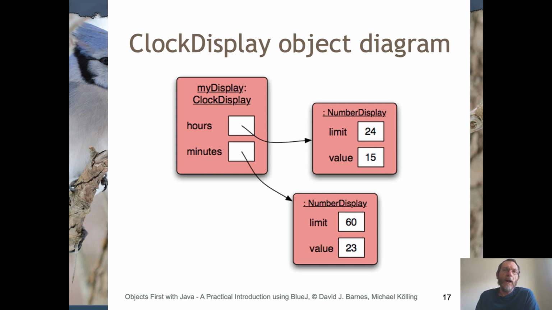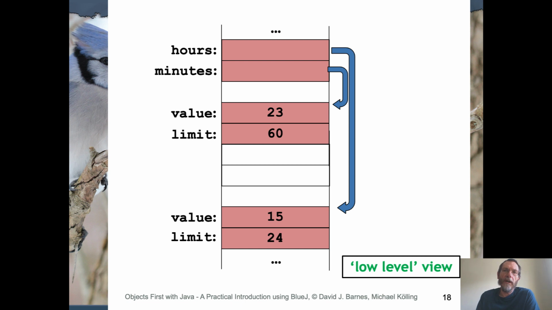Now, you might wonder how this maps into the underlying memory of the computer at runtime, and the next slide attempts to visualize that a little bit for you. Don't worry too much if this particular imagery doesn't work for you or you can't relate to it, but it's an attempt just to drill down a little bit lower in the implementation of the way that objects work within the Java memory. So we can think of the clock display object as being stored in a block of memory